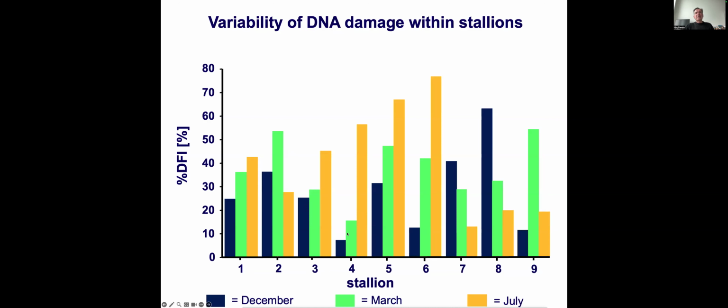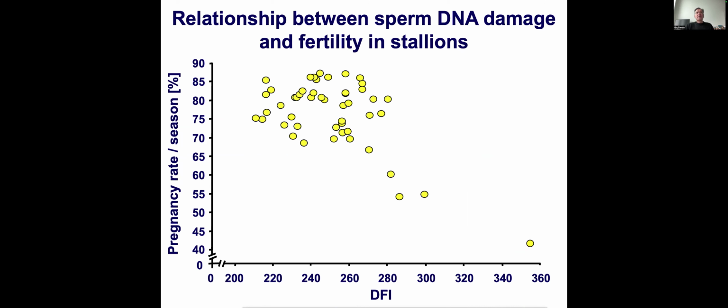Here, for example, stallion number 4 has a tremendous increase in July, like we expected. But we also had a stallion who improved between December and July, and also number 8. So we recommend to the people who are collecting semen and producing cryopreserved semen to control regularly this DNA damage of the sperm of the stallions, because this DNA damage has an effect on the fertility of